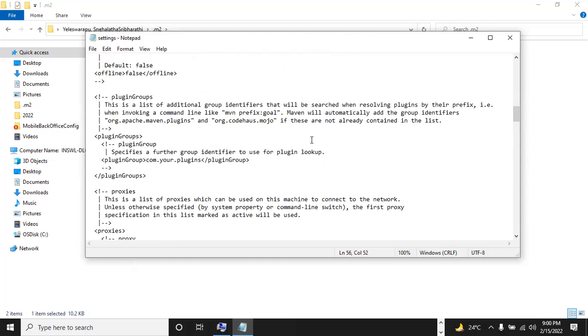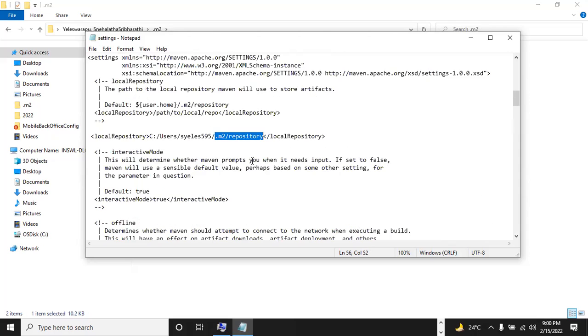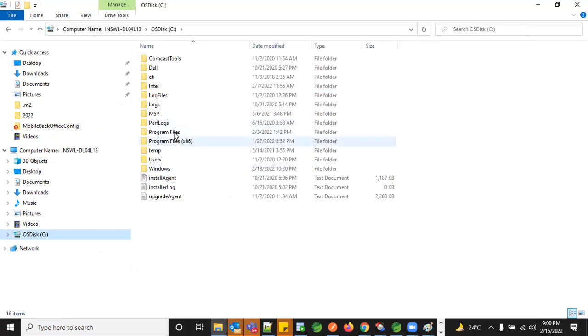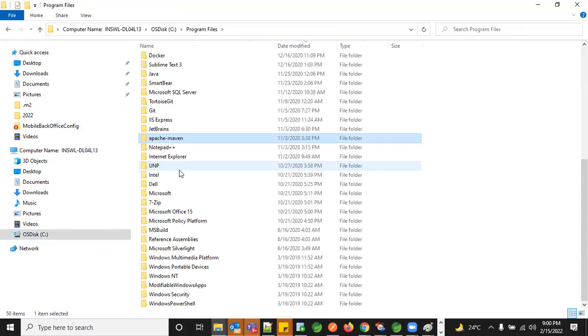There will be remote repository and all. We'll see each of these terminologies in the next classes. But right now, you just need to create a directory called .m2, and within that a directory called repository. And this settings.xml is something you can fetch from your Apache Maven.